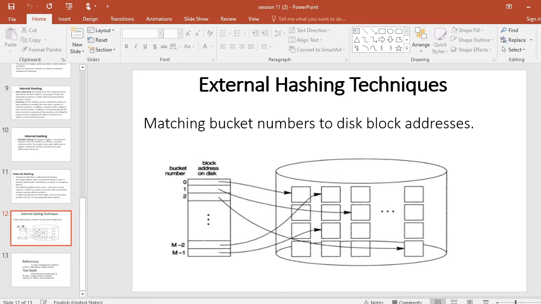Regarding external hashing, one type is static hashing and another is dynamic hashing. A major drawback of the static hashing scheme is that the hash address space is fixed, so the file cannot be expanded or shrunk dynamically.